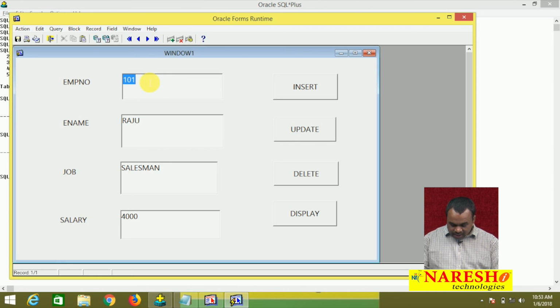Next, suppose I want to change the job of this employee, I want to see the employee 100 details. So how to get the 100 details? Type employee 100, then click display, then you can get the details of 100: his name, his job, his salary. I want to see the 101 details, type employee number 101, click display, you are getting the 101 details. So I want to change the job of this employee. The job is salesman, I want to change the job to clerk. Just type clerk,